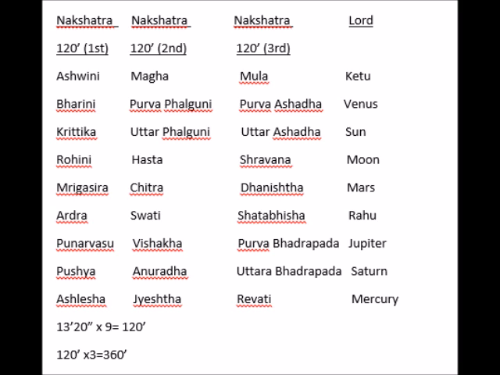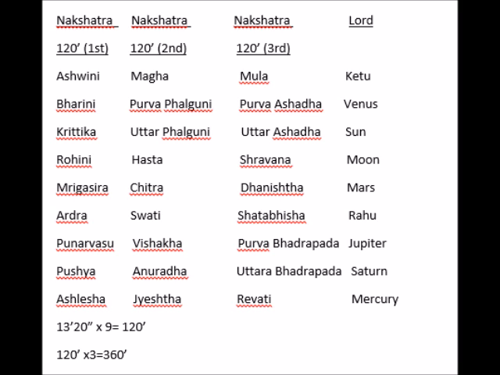As you can see on the screen, the nakshatras are divided into the first 120 degrees, the second 120 degrees, and the third 120 degrees. The total zodiac, as you know, is 360 degrees. We know that there are 27 nakshatras, so if you multiply the distance of each nakshatra, which is 13 degrees and 20 minutes, times 27, it comes to exactly 360 degrees. However, if you break those nakshatras down into 3 groups, the first group comprises 120 degrees,